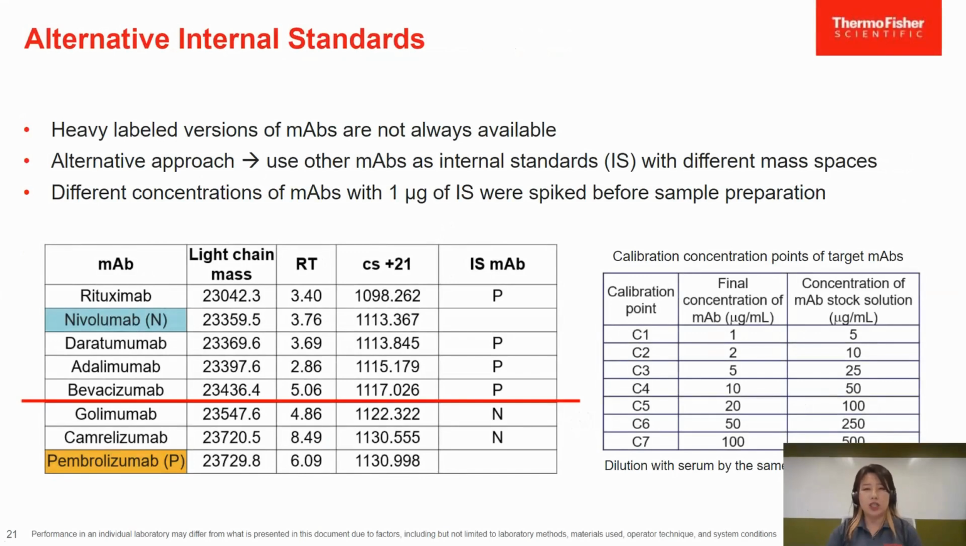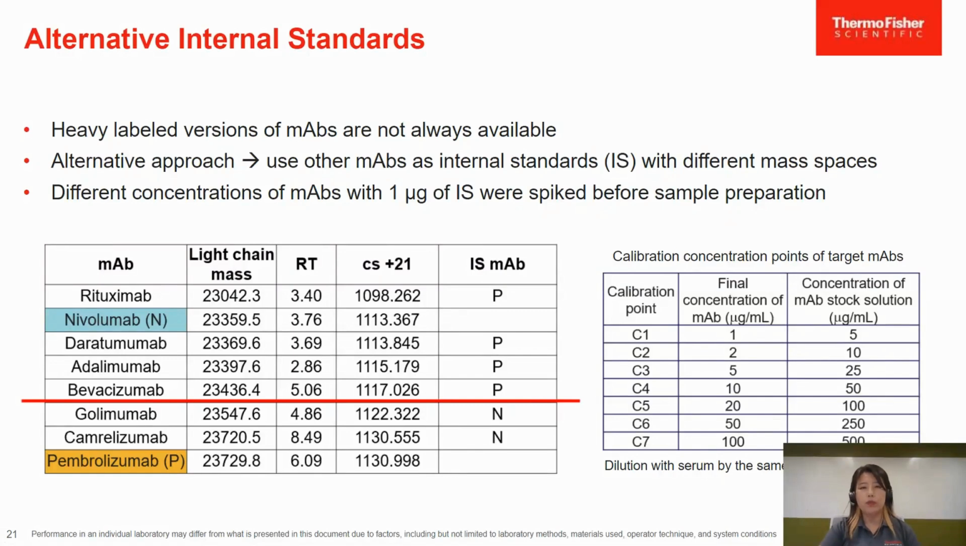And I'd like to briefly mention we actually have an alternative internal standards approach, because heavy labeled versions of the mAbs are not always available. So we investigated other approaches, including using other mAbs as internal standards. And we chose nivolumab and pembrolizumab to use for the different mass spaces of the target mAb. So 1 microgram, and you can see how we assign these two internal standards to the target mAbs here